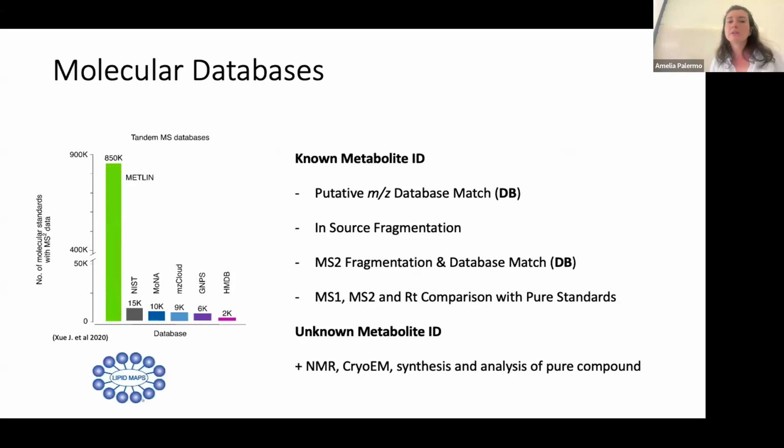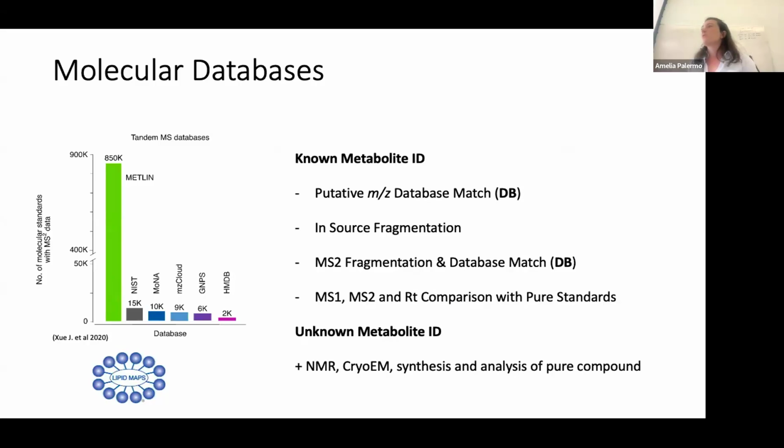data. So for molecular databases, the biggest one is METLIN, but there are others that are available: the NIST databases, MONA, mzCloud, GNPS. GNPS, I believe today, this is 2020, so today it has been updated significantly. What they contain: the putative m/z value,